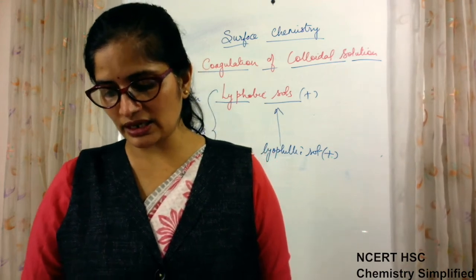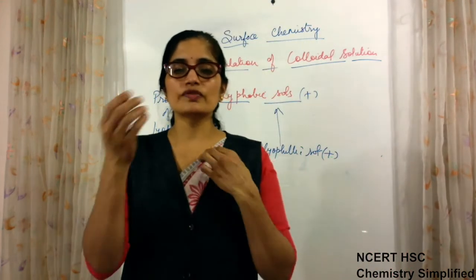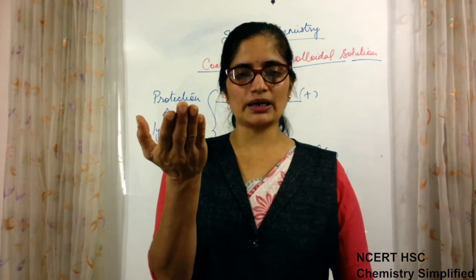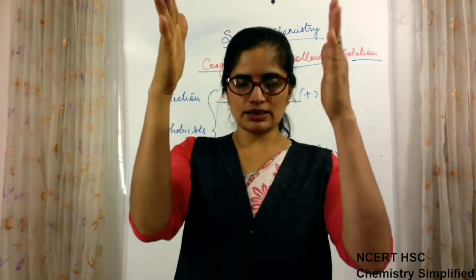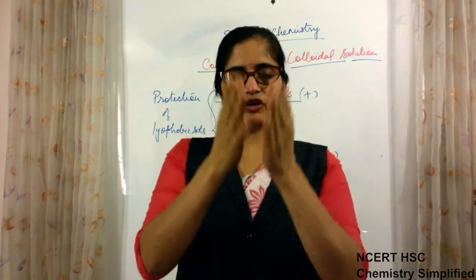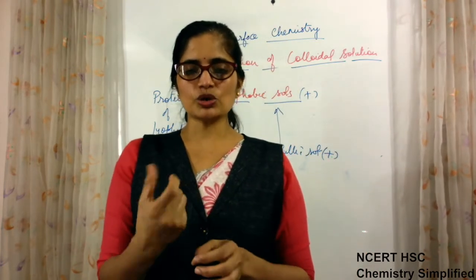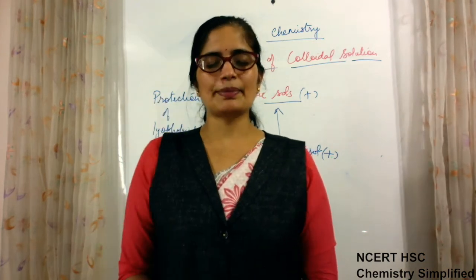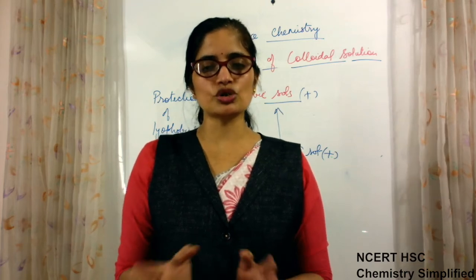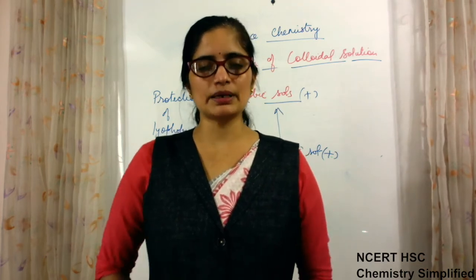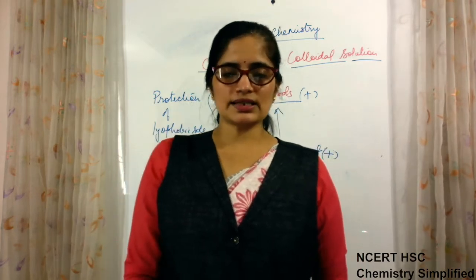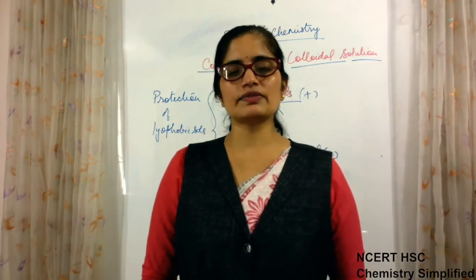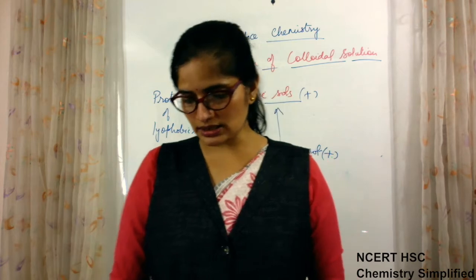For example, electrical precipitation of smoke. If smoke is of colloidal size particles and is coming up, and an electrical precipitator is there in the chimney from where it is coming out, then what will happen? Because colloidal particles may have some charge, positive or negative, and when they come out through the electrical precipitator, which has electrodes on it, the oppositely charged particles get precipitated and settle down, and only the pure smoke without the harmful chemicals will come out of the chimney. So this is the practical use of it.